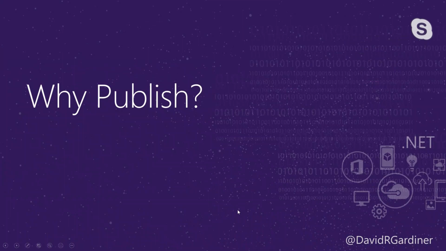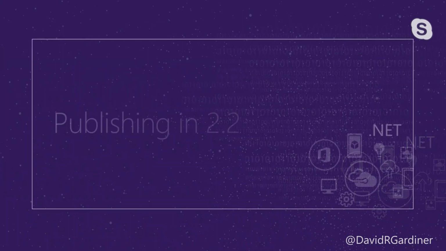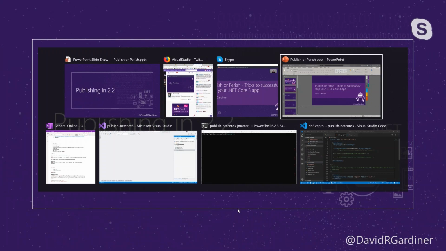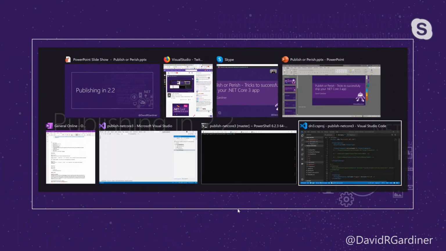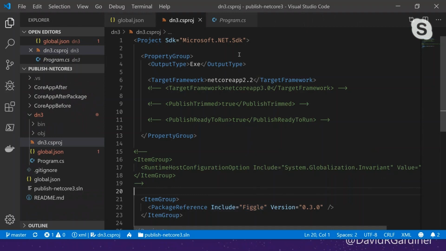All right, so first of all, I guess what we should really talk about is why do we want to publish it all in the first place? So to do that, we're just going to do a quick review of what publishing involves and why we would do that. So I've got a very simple console application here,